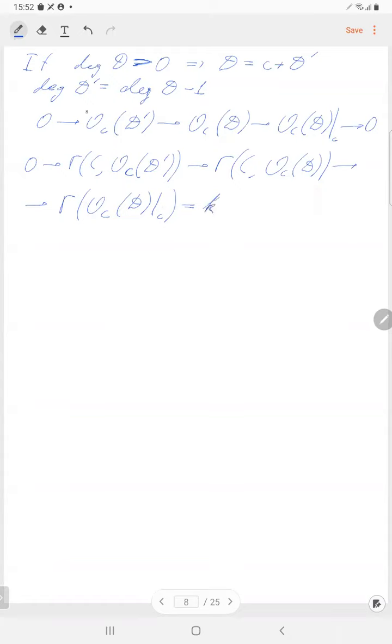Okay, and then you don't know that it's a surjection because global sections are only left exact. But anyway, it implies that the dimension of global sections of O(D) is at most the dimension of global sections of the smaller divisor plus 1, and we're done by induction. Okay,